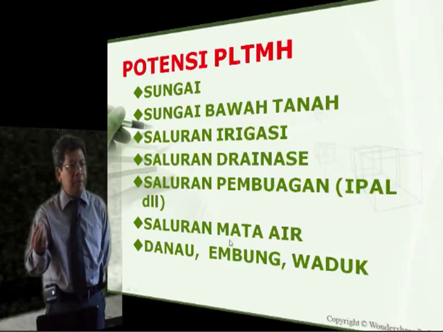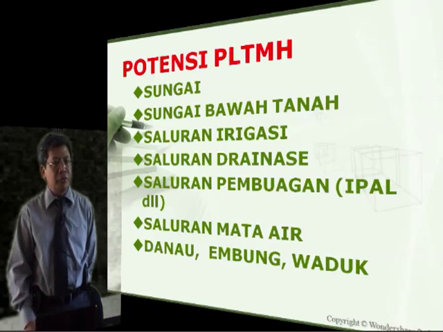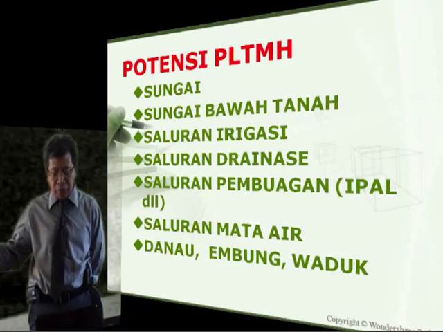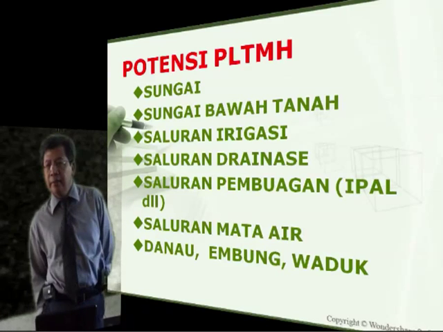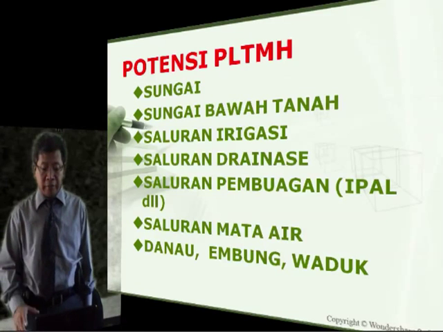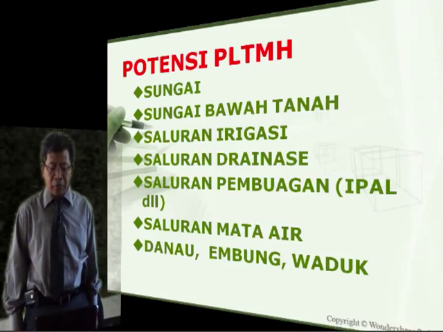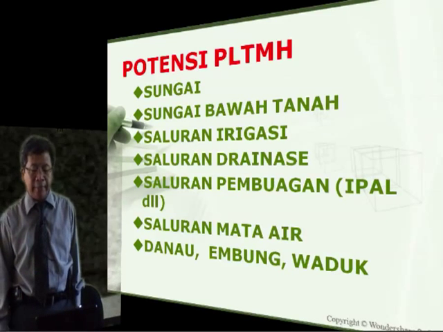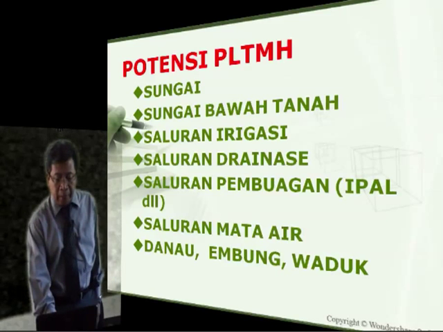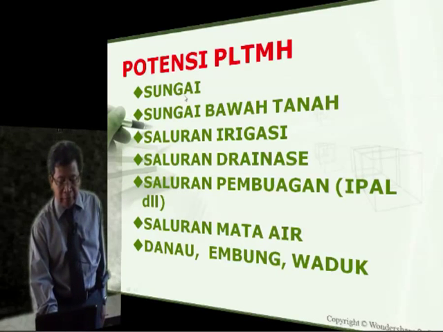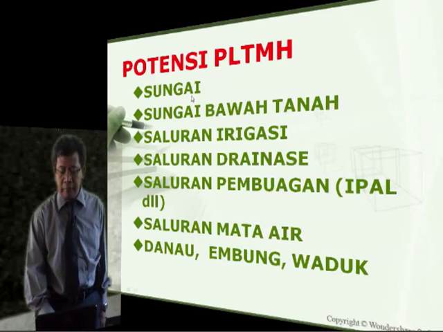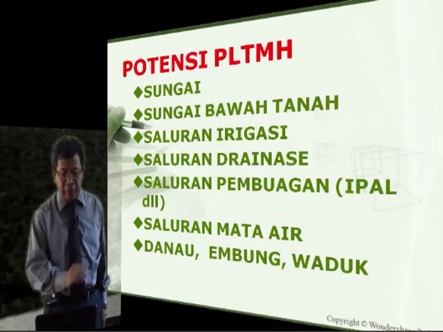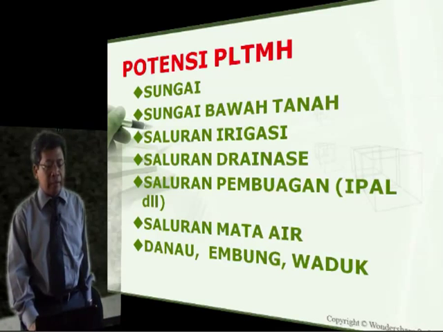And also, if you have a spring, then you can also use it for microhydro. For example, in Raden we have a lot of springs there. Then we can use microhydro. Or we have a lake. If we have a lake, and there are a lot of lakes in Indonesia, then we can also use them for microhydro, or a small dam, or the dam. This is the potential that we can find in Indonesia. Every region has rivers, and the river can be used for generating electricity.